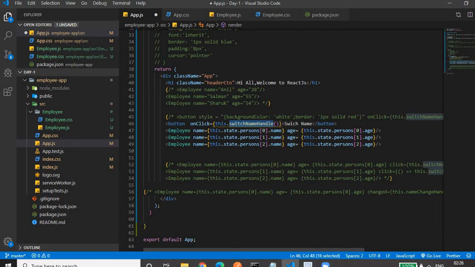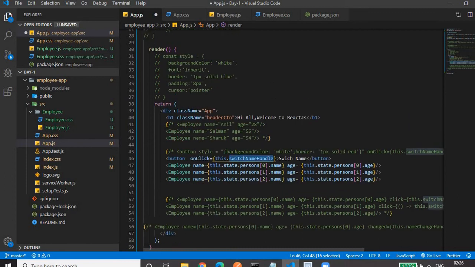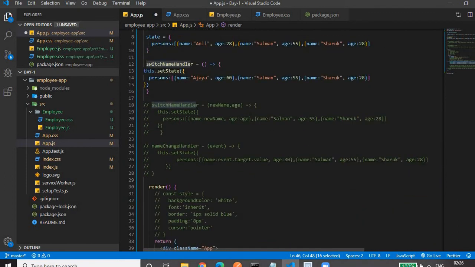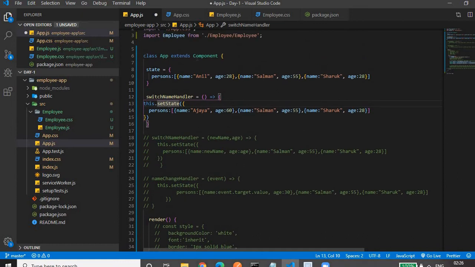So that's why we will remove this parenthesis. We'll provide the reference of this function. So on click of the button, it will call this function. In this function, we have written a setState function. This setState is available because we have extended the component, and in that we are changing the first person's name and age.